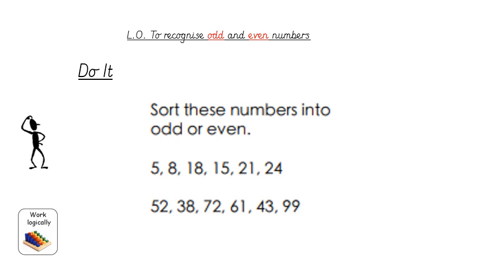So what we're going to do in our Do It Today is we are going to sort these numbers into odd or even. So here are 2 rows of numbers, and what you are going to do in your book at the top of the page is you are going to write